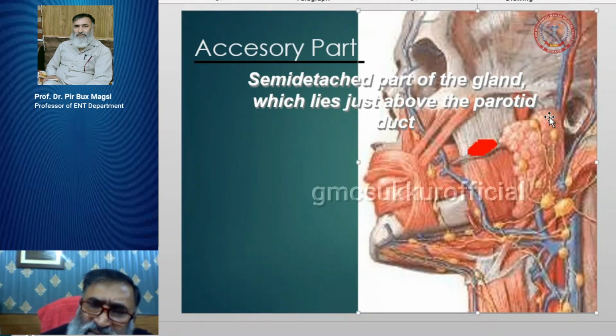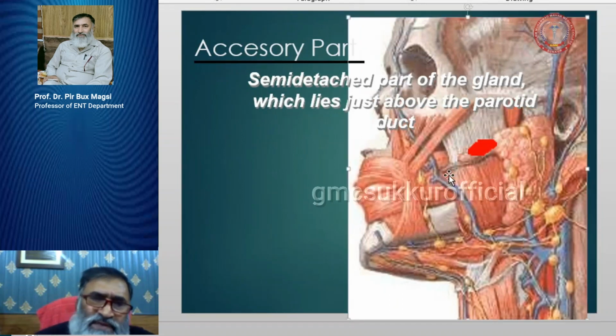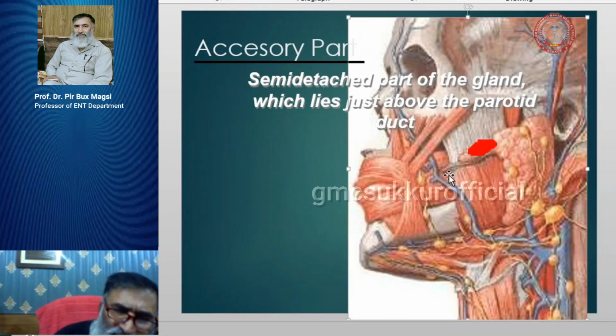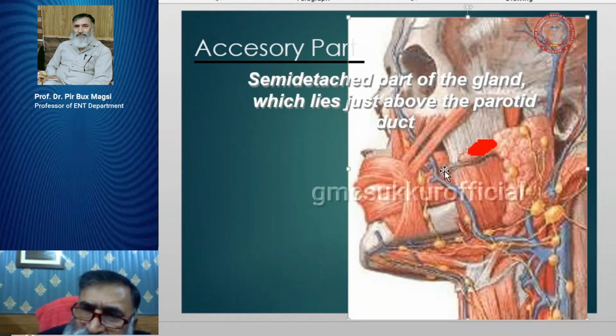So there is a lot of difference in the signs and symptoms. In case of acute parotitis of bacterial origin, signs and symptoms are very severe, whereas in viral parotitis, they are very minimal. Number two, look at the opening of the parotid duct. This is the parotid duct. In viral parotitis, you will only see swelling over the opening of the parotid duct in the oral cavity, whereas in bacterial infections, the opening of the parotid duct contains pus. This is a very important sign. I think you got my point.